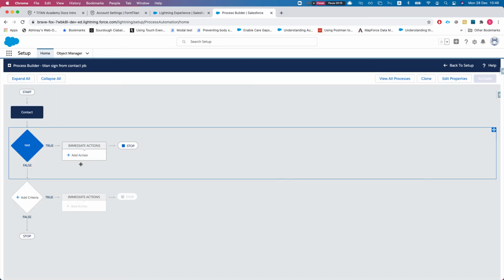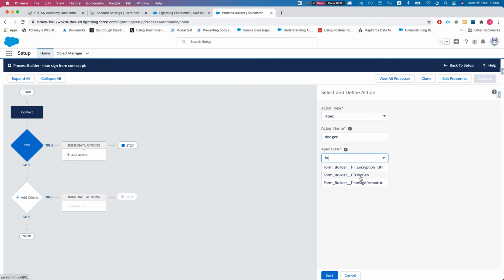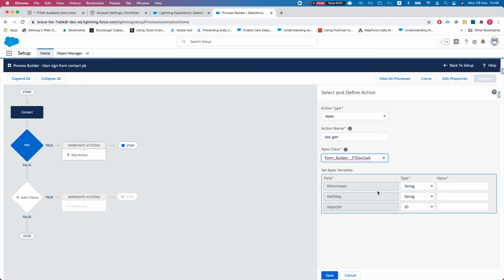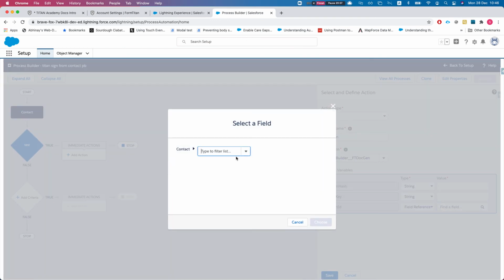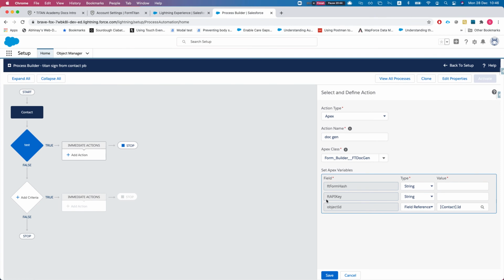and save, and your action will be Apex, and then you can select, we'll do docgen, then you can select from here, you will say ft docgen, and now you will need to pass in the ft form hash, the ft API key, and the object ID. So the object ID will be a field reference. In our instance, it's a contact. It could be any object in your system, and we'll select the contact ID, and then we grab the ft form hash and the ft API key